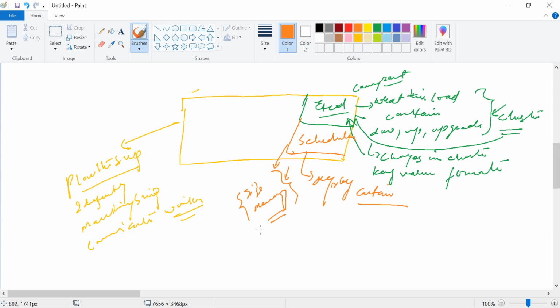So this is the main work of the scheduler, to deploy the container on the worker node.